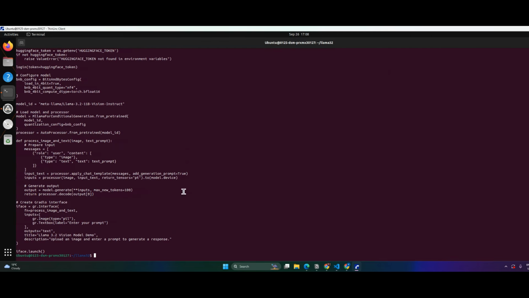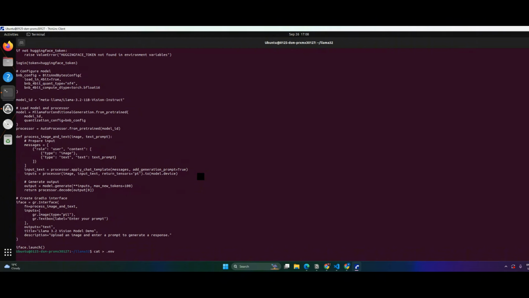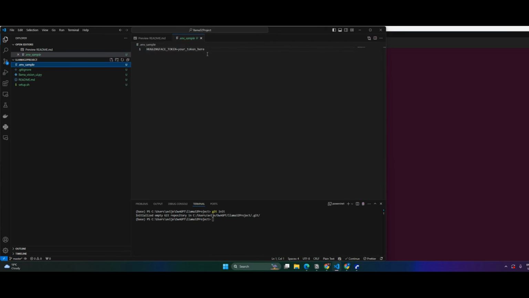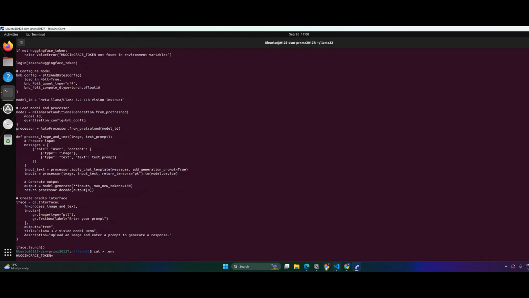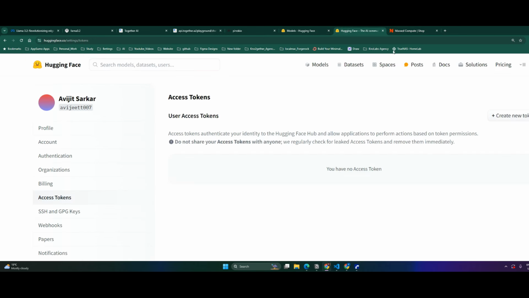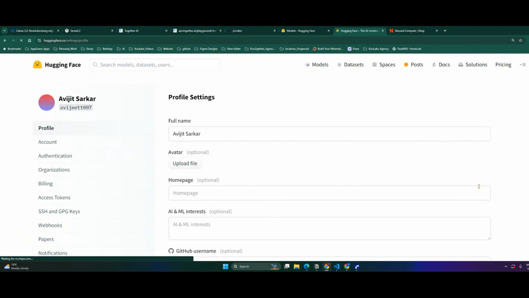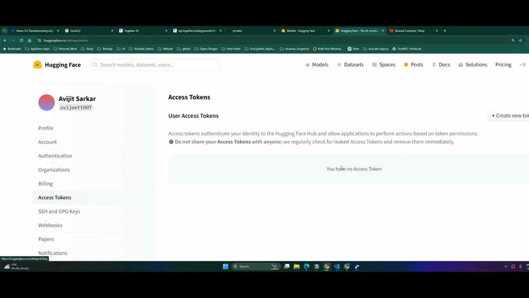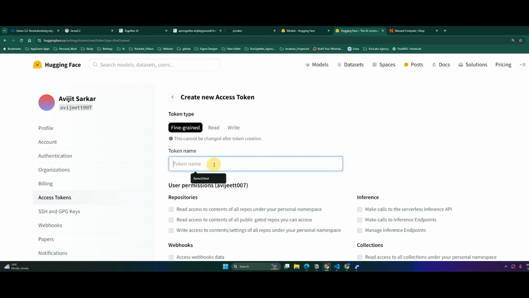Now, the last thing that we have to do is just create a .env file. So we just create a .env and copy the content from here. Actually, we don't need all of it, we just need this part, and we need to create a Hugging Face token because we need to download the model from Hugging Face, right? So we'll go here, click on the profile, go to settings, then click on access token and then create access token. Let's name it